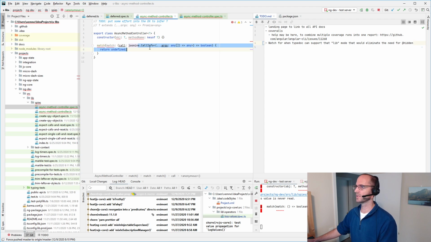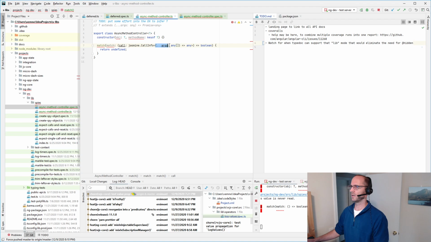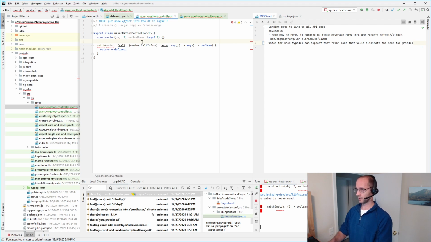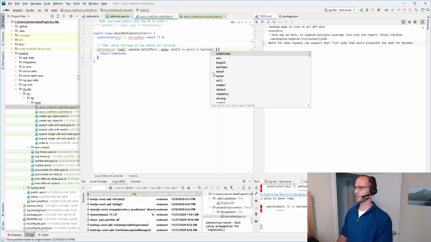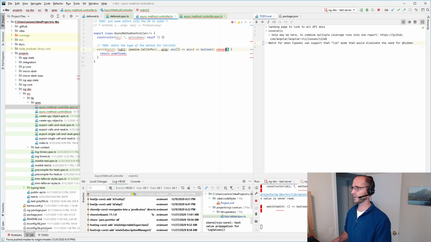Because eventually we want this to match the actual function you're stubbing. So I'll just leave another to-do there: match the type of the method. And this is going to return an array of something, and we'll fill all that in as we actually get back into the TDD world. So for now,